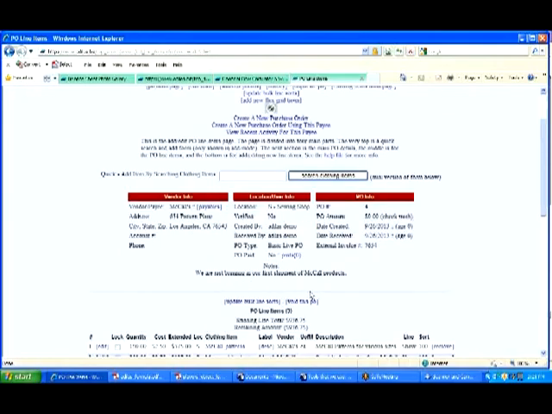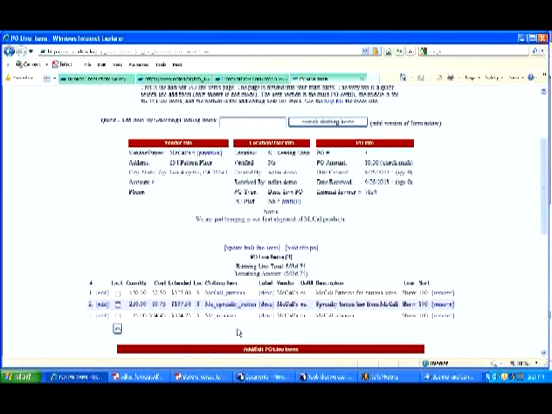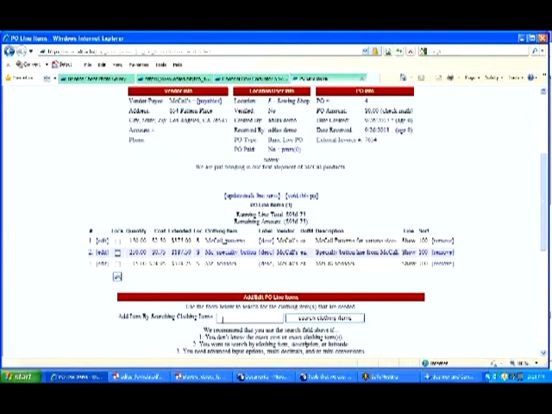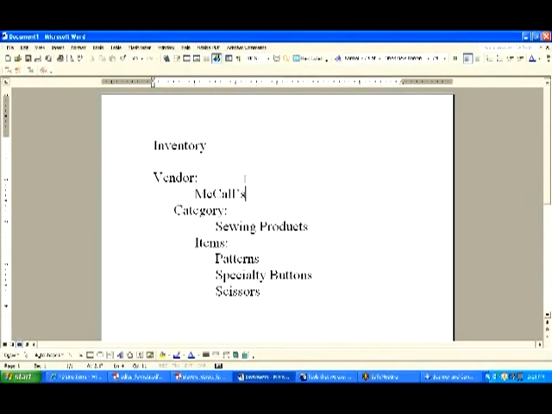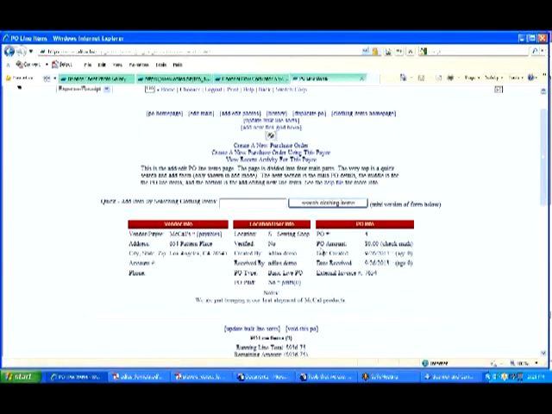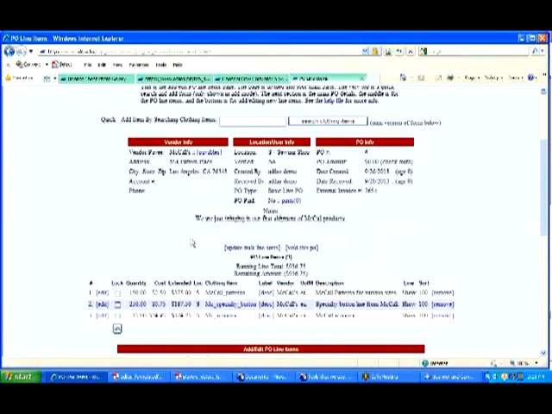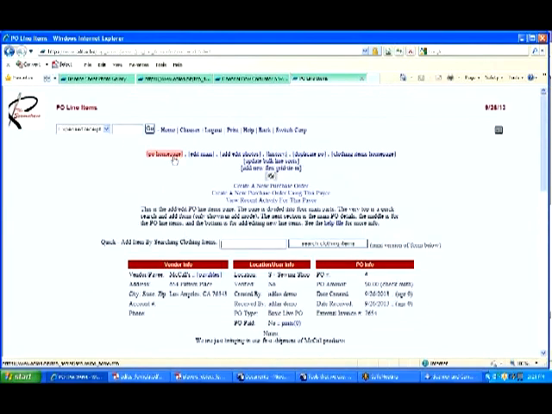Okay, so those are the items we wanted to add. We had patterns and buttons, and we've got scissors. So that handled that. That basically took care of it all, actually. We added our category. We have this linked to McCall's, and now we have a PO, so we can go